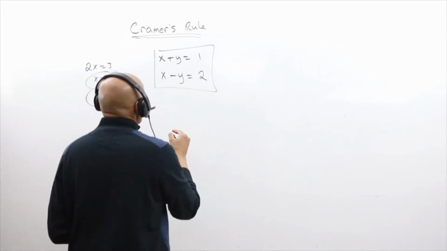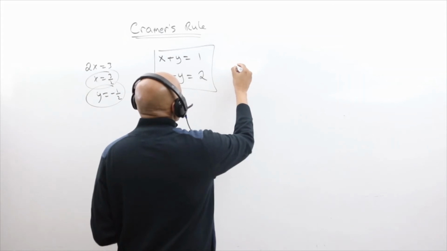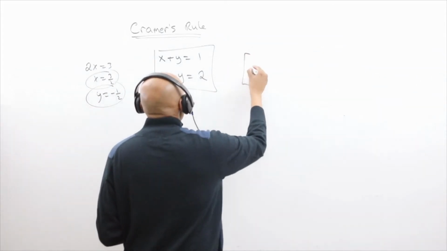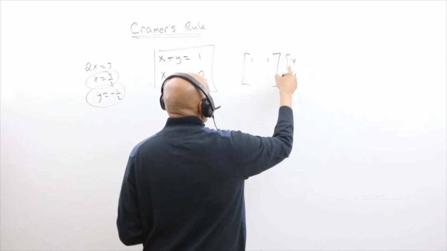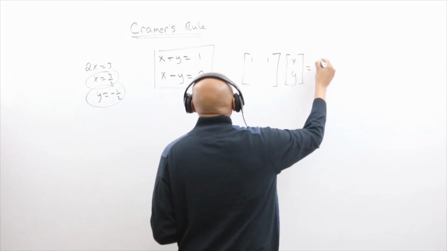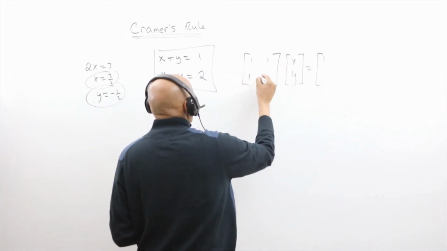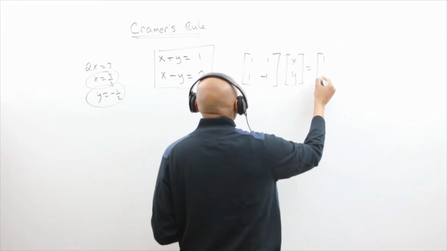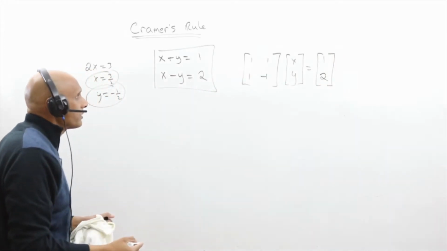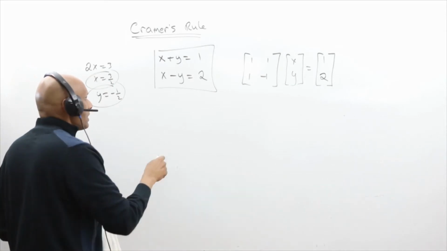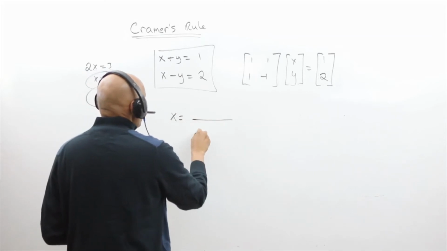So Cramer's rule says if you have a system of equations, we first convert this into a matrix form. So we'll write this as the matrix 1, 1, 1, minus 1, acting on x and y: 1x plus 1y is equal to 1, and 1x minus 1 times y gives you the value of 2. So we already know the answer, and let's just confirm this using Cramer's rule. Cramer's rule basically says that x is equal to the ratio of two determinants. So here's our first determinant,